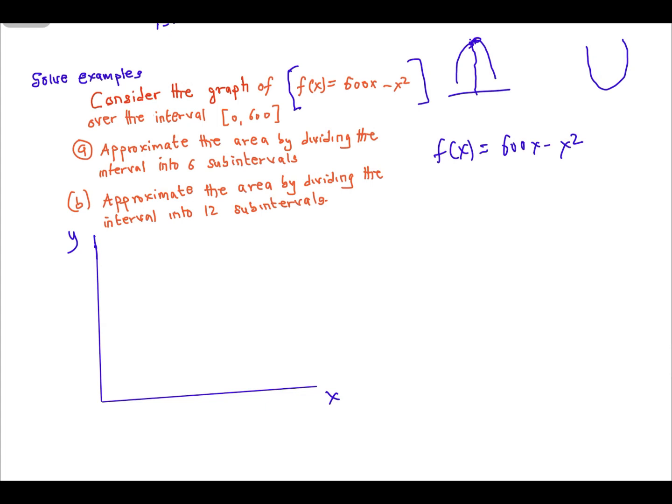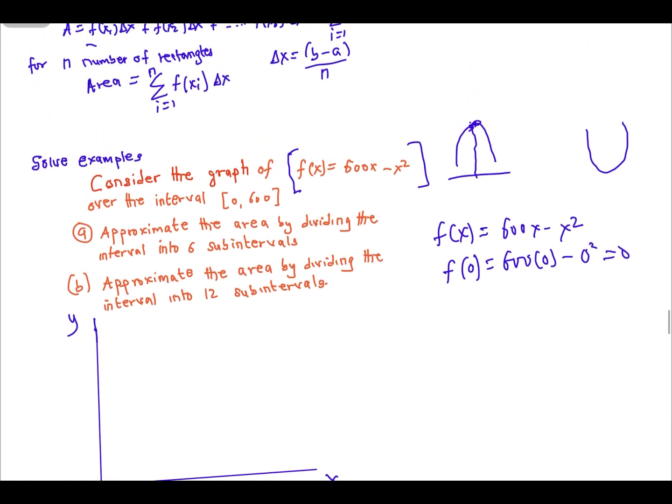So when we take the function here and put 0 inside, f of x at 0 equals 600 times 0 minus 0 squared, which is equal to 0. Therefore, our value of y, f of x, is 0. And then since we are dividing into 6, let's also look at our interval first,